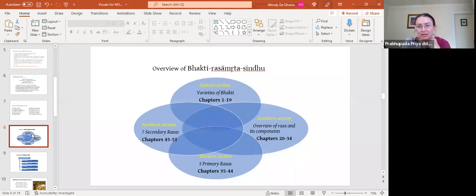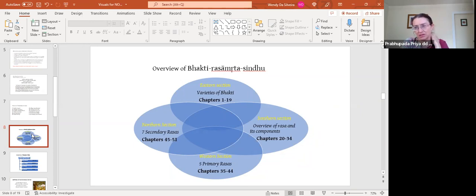So we're going to look at what bhakti is, and then the varieties of bhakti are going to be sadhana bhakti, 2 varieties within that, and then bhava bhakti and prema bhakti. After that comes the southern section, which goes more into rasa. It defines rasa and the components of rasa. And then the Western Ocean talks about the 5 primary rasas, and the Northern Ocean, the final section, is the